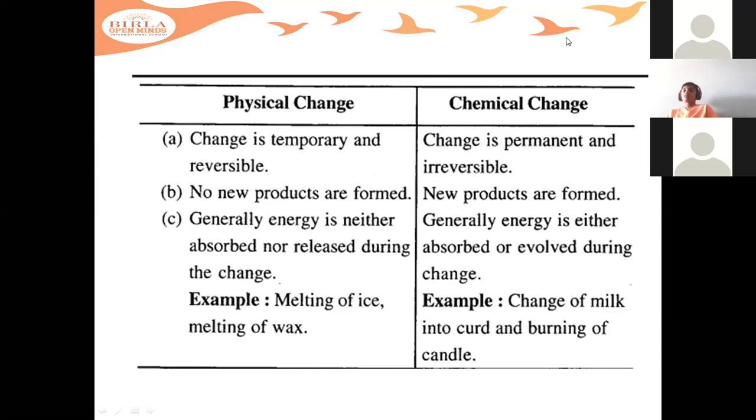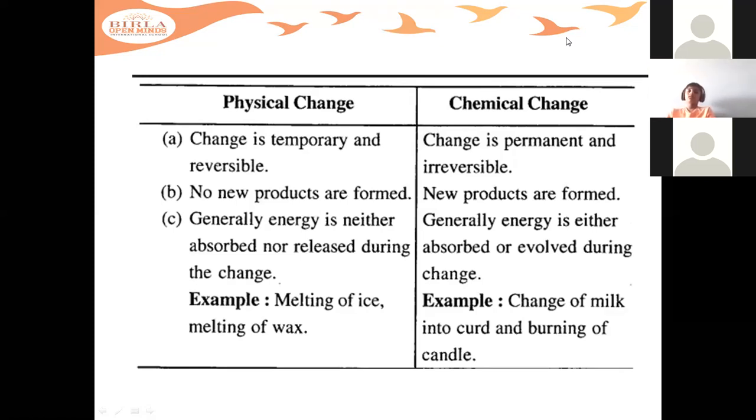So here we'll discuss a few physical and chemical changes. Now coming to chemical change, children. What is a chemical change? These changes are permanent. They can't be reversed back. They are irreversible. So you have to think before you give an answer to someone or write an answer on a paper. So you have to think twice.